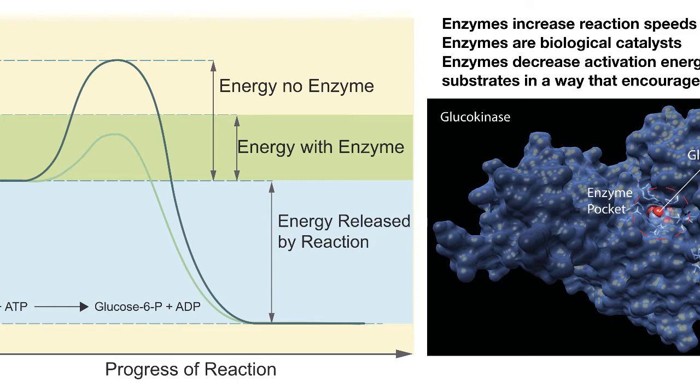These are brilliant people. As you can see, the enzyme is kind of globular, and it has this little pocket where glucose and ATP get together. Glucokinase captures glucose and ATP and holds them together in just the right orientation so that they'll react in that little pocket. And that's how enzymes speed reactions.